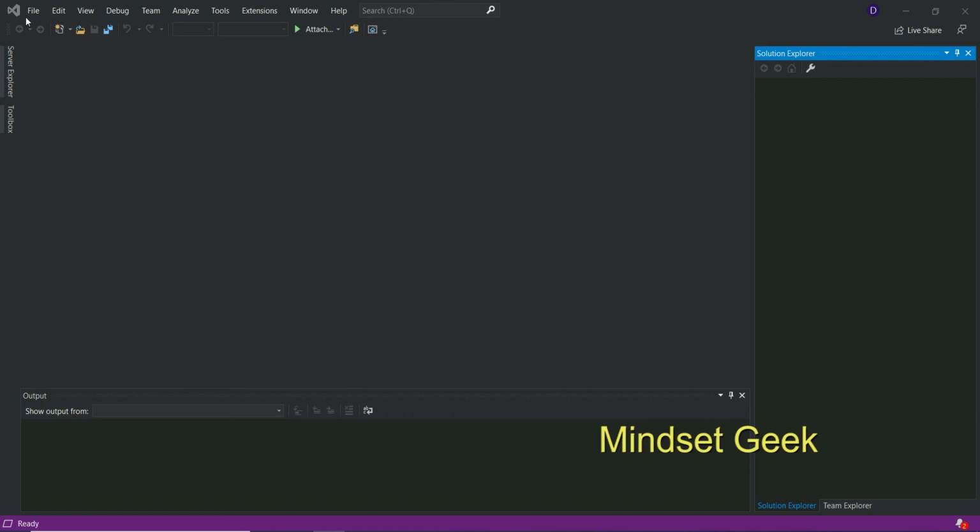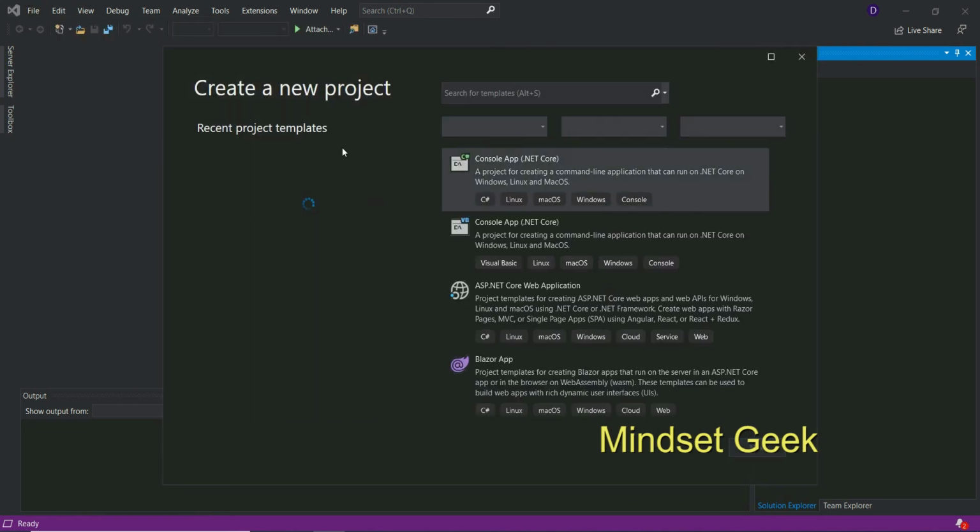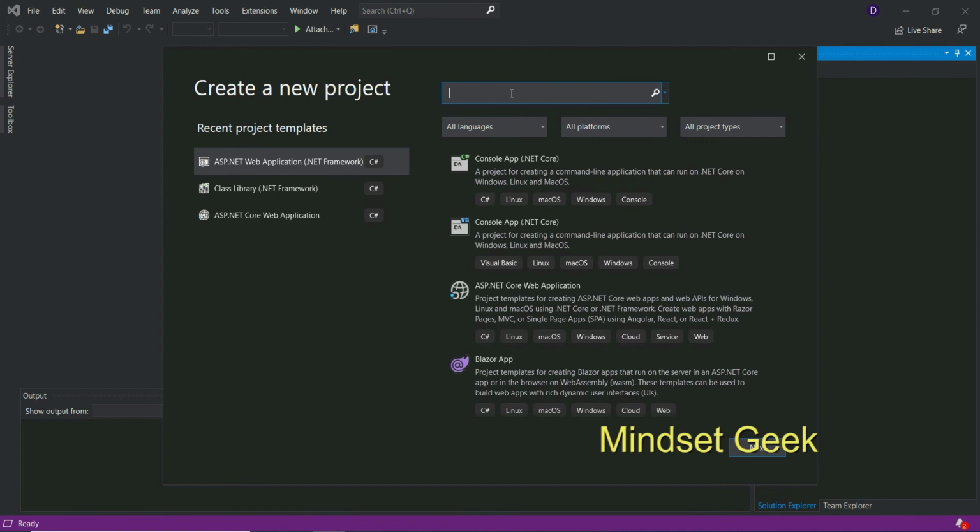Okay, let's create a new project: File, New Project. Select .NET Framework.